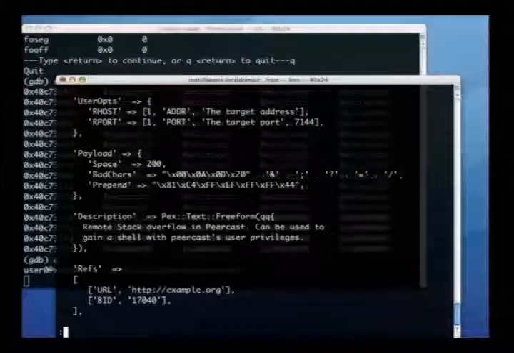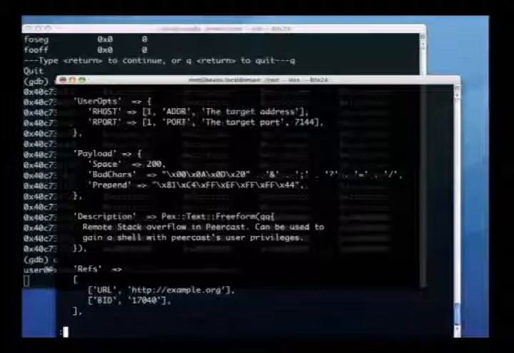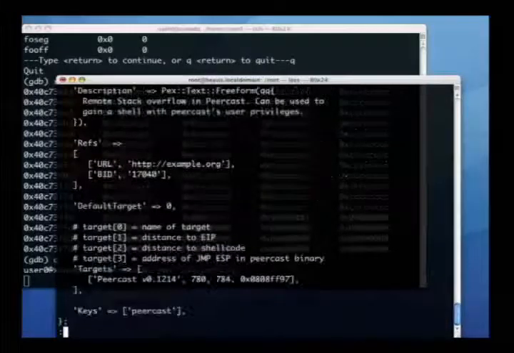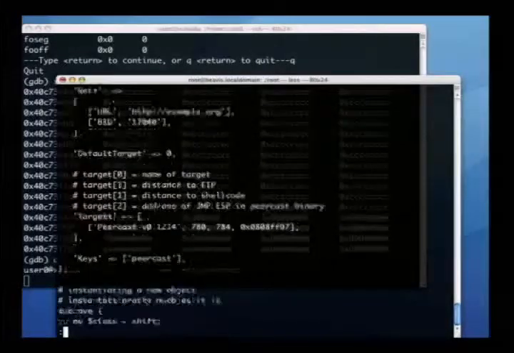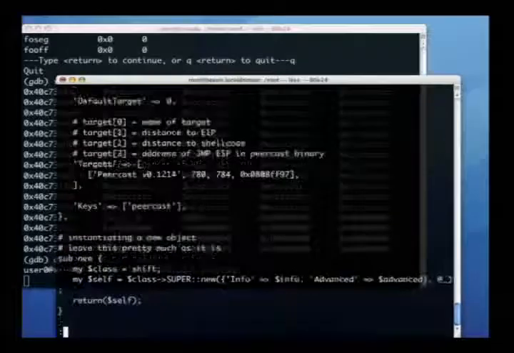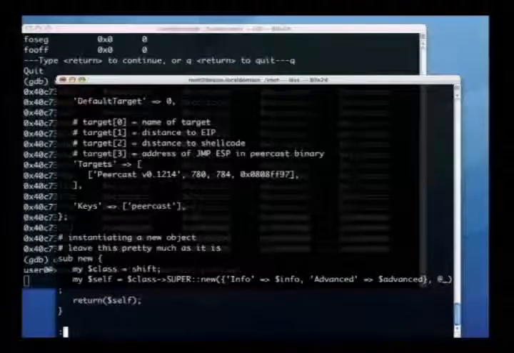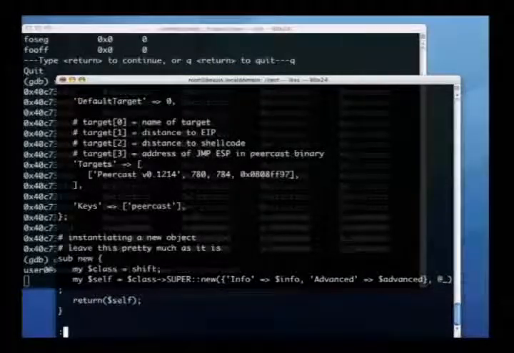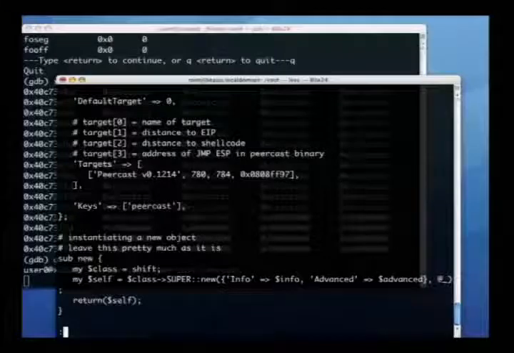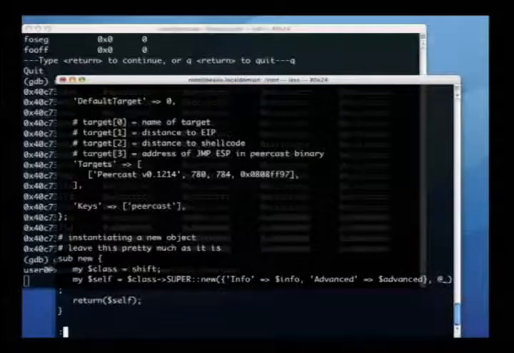We prepend it with this stack happiness assembly. And then down here, I've preloaded it with one of the offsets that I've observed. For Peercast 1214, I know that EIP occurs at 780 bytes down the line. And the shellcode is referenced at 784 bytes down the buffer.